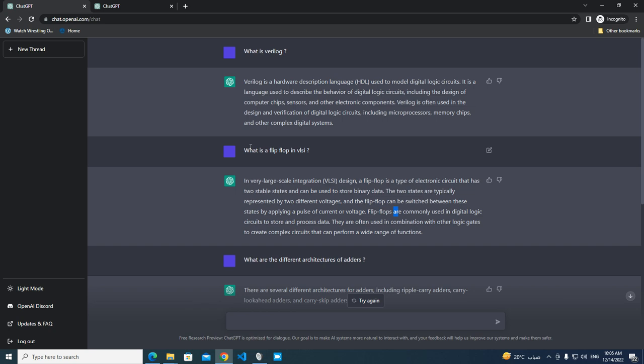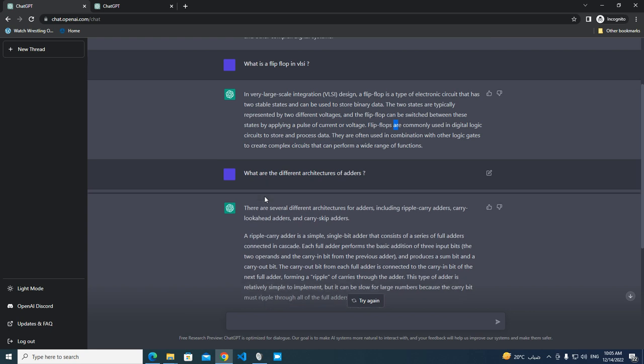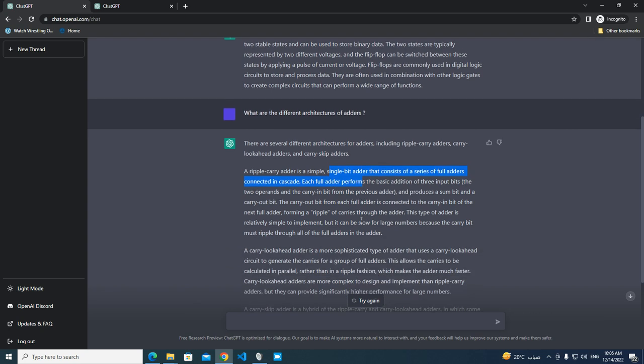So a little bit more complicated questions, like what are the different architectures of adders? And from this question, I can actually see the benefit of this amazing new tool. So yeah, it gave me the normal architectures, the ones you normally know about if you know the architectures of adders. The most simple one is the ripple carry adder. So it explains it, and from this you can see the benefit of this adder, and you get a really good idea of when to use this adder and when not to.